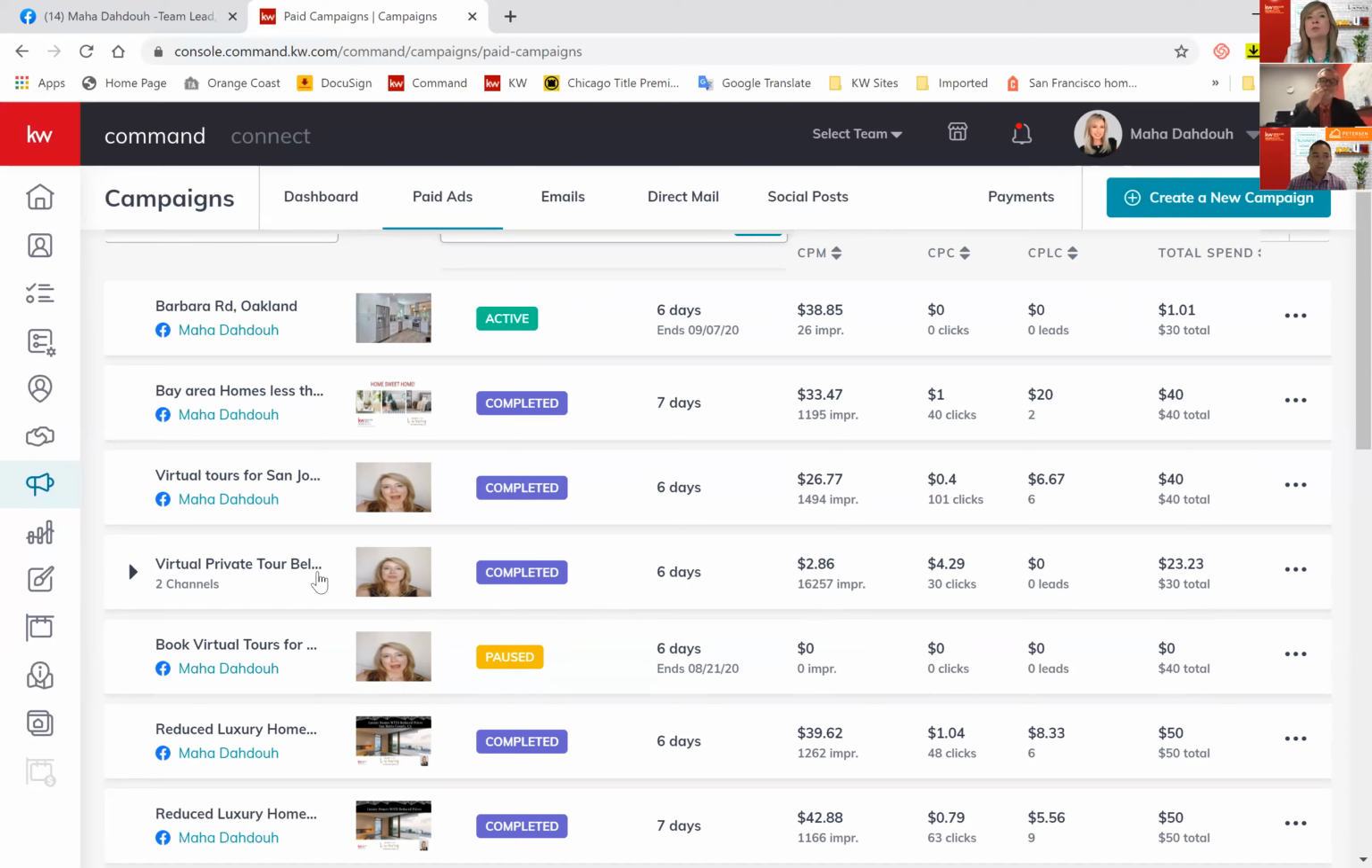I'm branding to the surrounding area in Belmont. That's replacing farming by sending postcards. I'm using this as farming. The next time I do something in Belmont, it will bring more leads. I will show you also